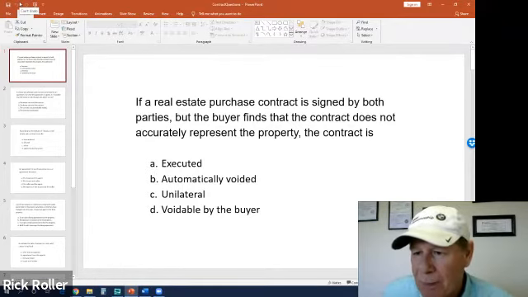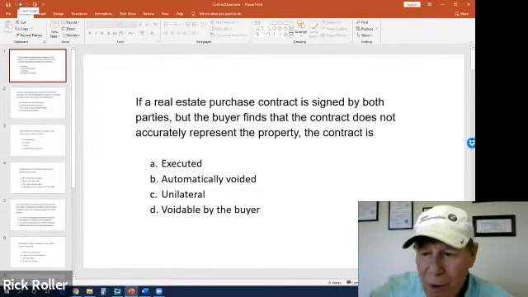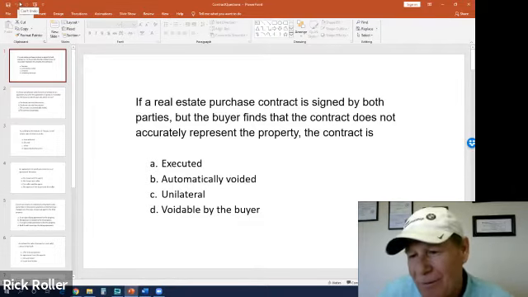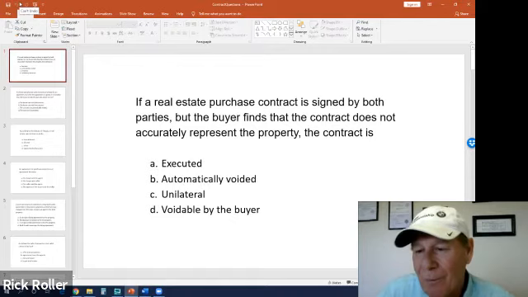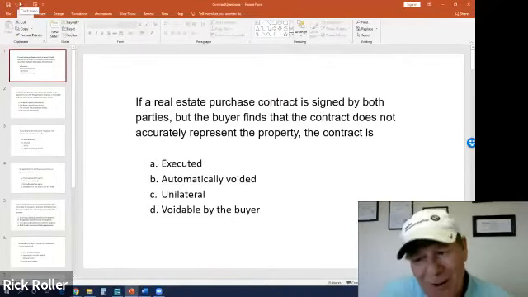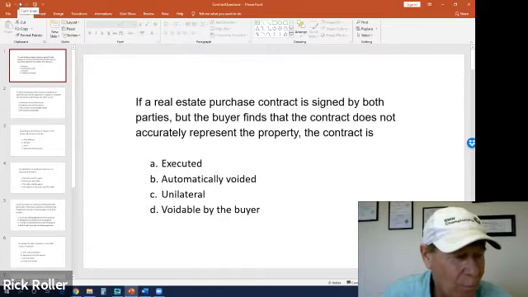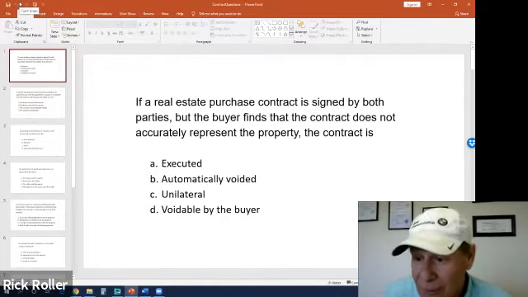Is there some contract fairy out there that's going to come and say, okay, that was wrong, it's automatically voided? I don't think so. That's not too challenging on that one. Unilateral. Well, there's unilateral and there's bilateral. Uni means one and bi means two. Unicycle and a bicycle. I guess they both have one seat, but they have one wheel and two wheels. That's why it's uni and bi.